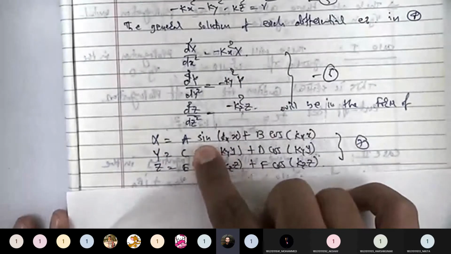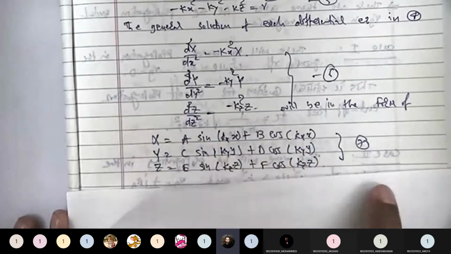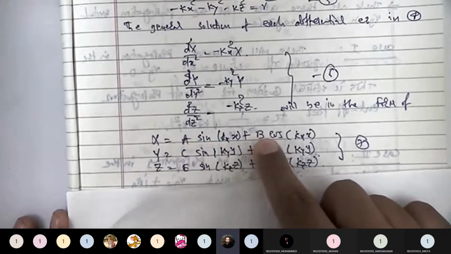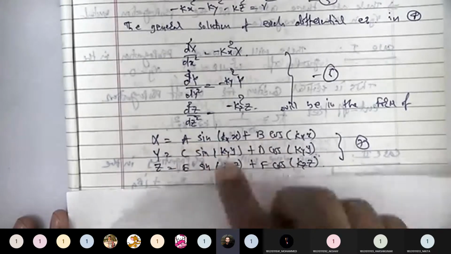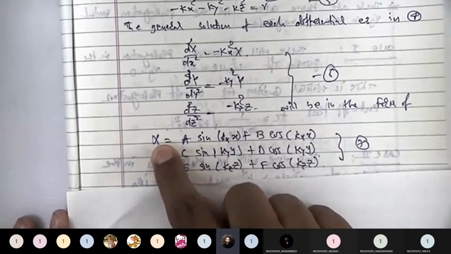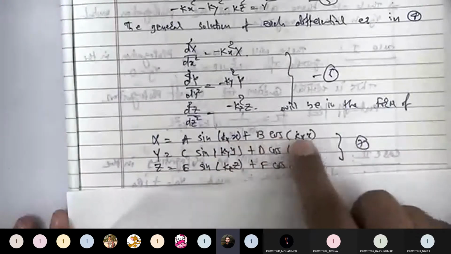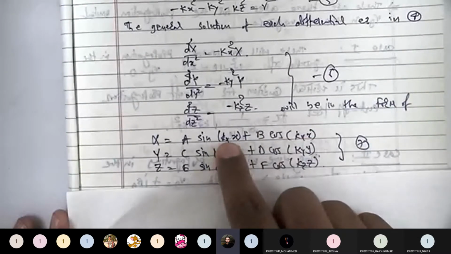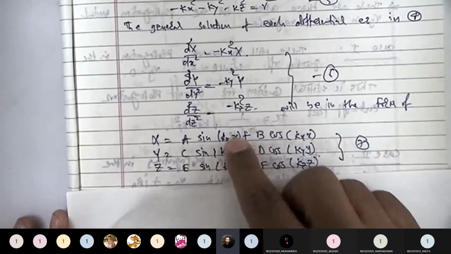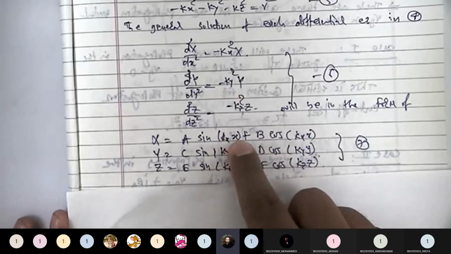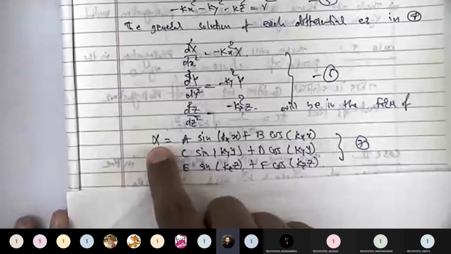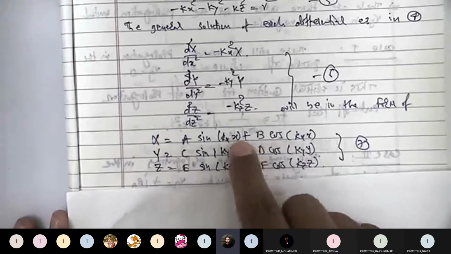બે સોલ્યુશન હોય, એક સાઇન ટર્મ હોય, એક કોસ ટર્મ હોય. બીજું શું હોય કે there are some constants, કે જે કોન્સ્ટન્ટ છે એ તમે બાઉન્ડ્રી કન્ડિશનની મદદથી શોધી શકાતા હતા. તો અહીંયા પણ એવું જ થાય કે you will get x will be nothing but a sin, પછી કોઈક ઇન બ્રેકેટમાં કોઈક વેરિયેબલ ટર્મ હોય પ્લસ b cos ઇન બ્રેકેટ વેરિયેબલ ટર્મ. તો હવે આ વેરિયેબલ શું હોય? So it is nothing but કે ભાઈ જે ડાયરેક્શનમાં એમનું કોઓર્ડિનેટ સિસ્ટમ હોય. For example here there is x variation, x કોઓર્ડિનેટમાં વેરિએશન છે. So here in our x solution we will get the x variable.